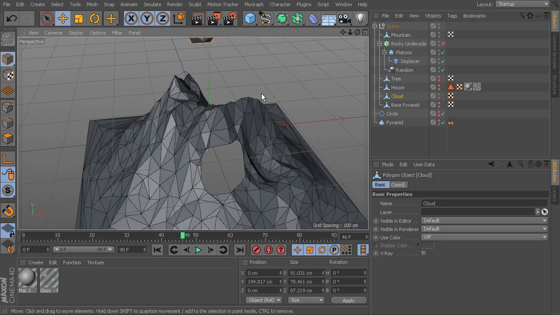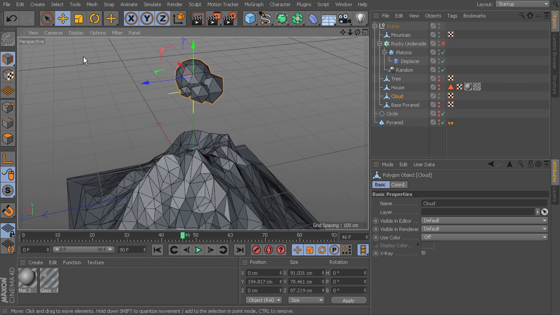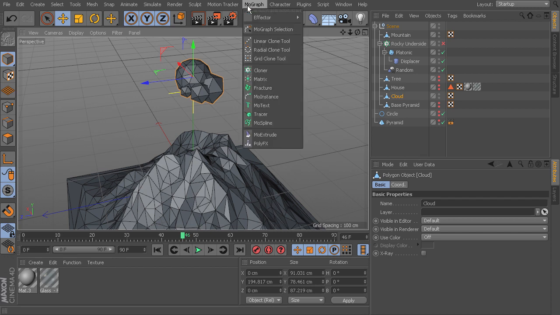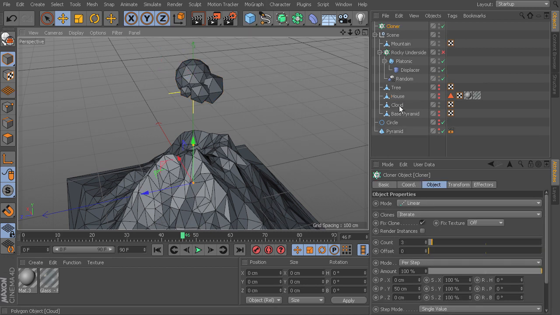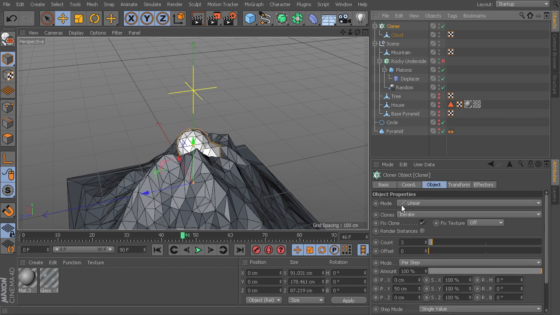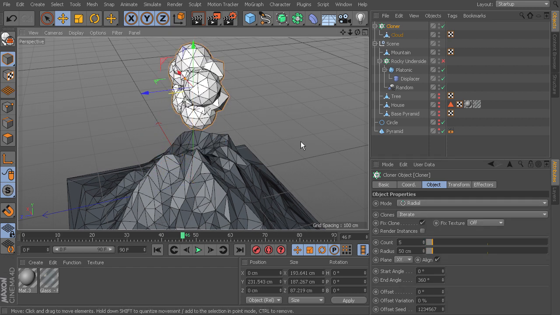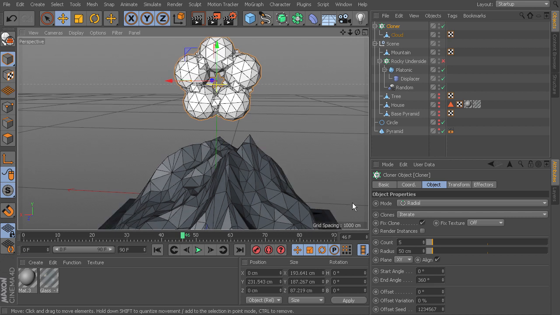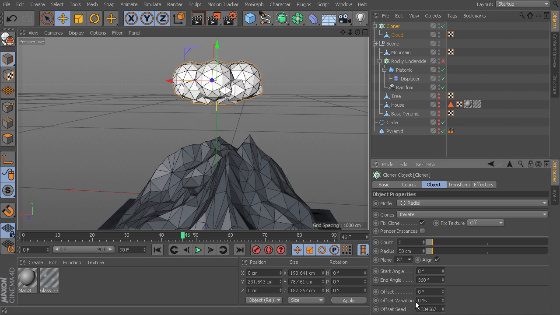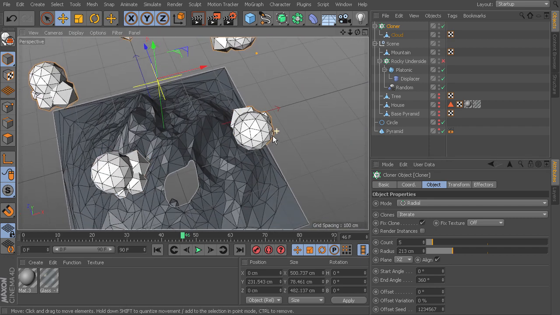So I'm going to turn this on. I've already created kind of this low poly cloud for us to play with. And I just want to show you how to use MoGraph to populate your scene with some clouds that look like they belong in a low poly shot. So we'll go up to MoGraph, add a cloner, and I'm going to drop the cloud underneath the cloner. And then instead of letting the cloner default to linear, I'm going to change that to radial and then kind of pull this up here. You can see that it's not quite the right radial we want. So I'm going to change the plane to the XY plane. Then we can turn up our radius a little bit, and already that looks pretty good,